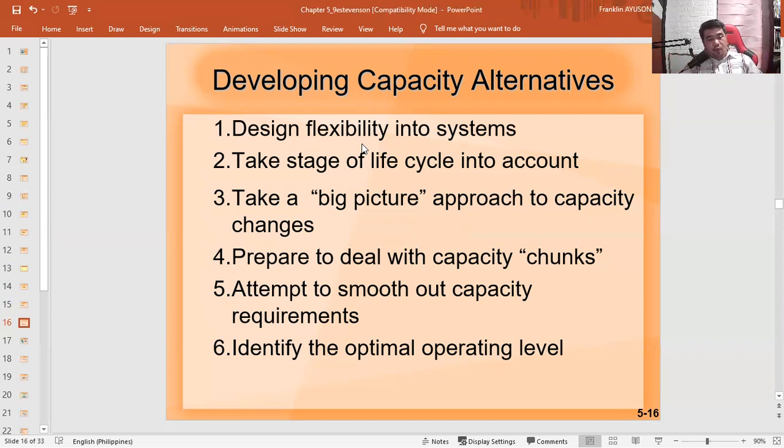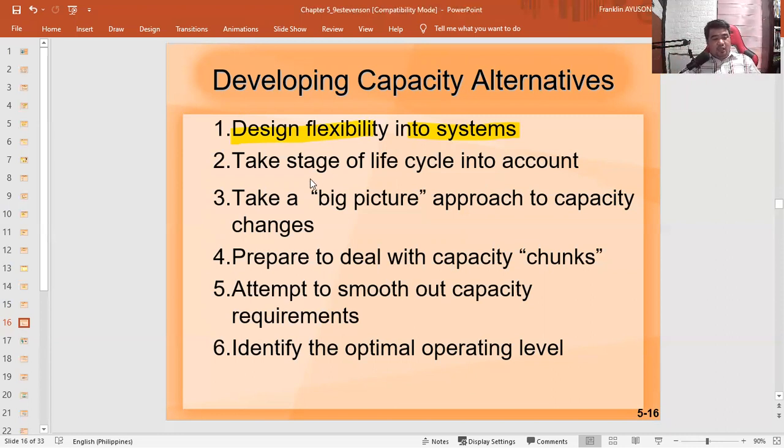Again, these are alternatives. Number one, whenever we design, we always want to consider some design flexibility in our system. So how do we do that? Paano natin kino-consider yung design flexibility? Converting, for example, a portion of the warehouse space that should be for inventories to be part of the operations area of the organization. So there is a certain level of flexibility. Pwede mong i-collapse yung wall, a collapsible wall, tapos nag-expand yung iyong operation.